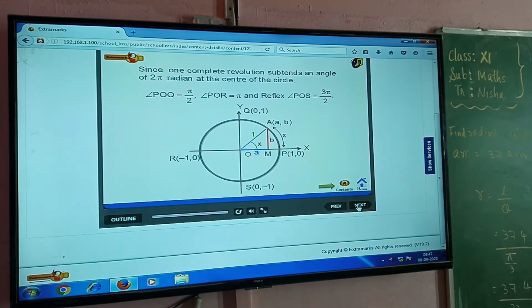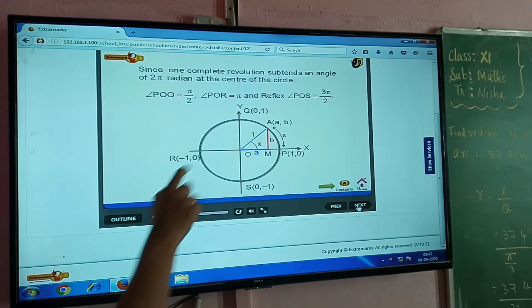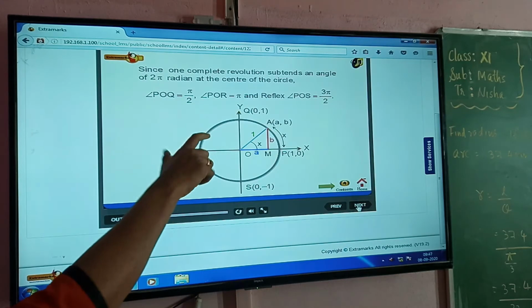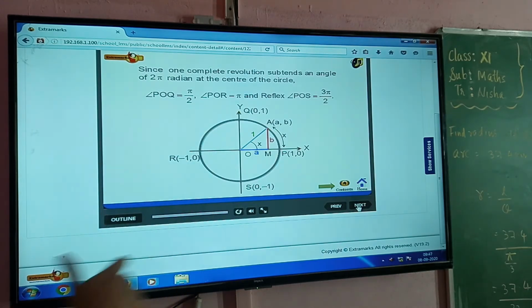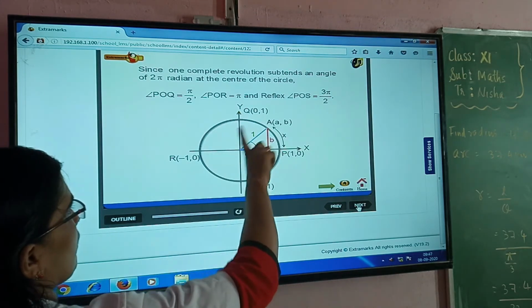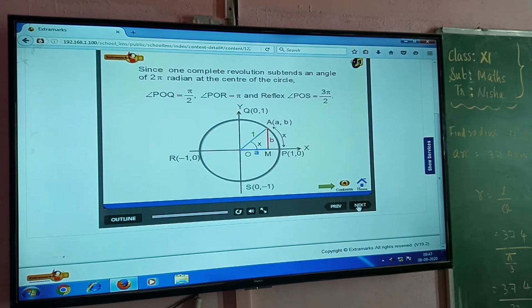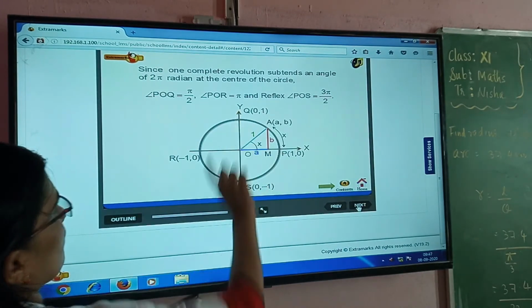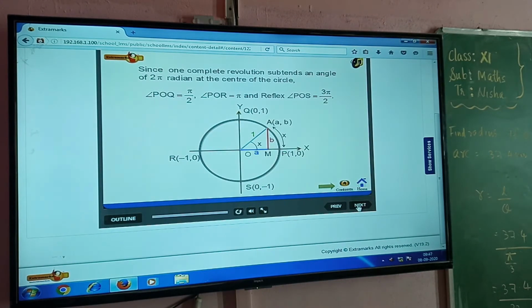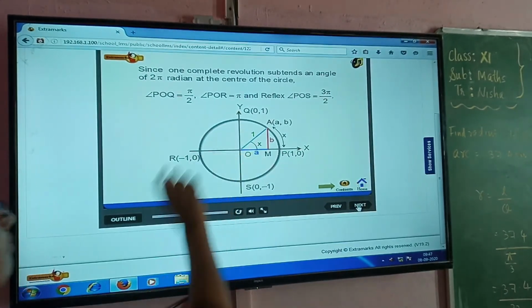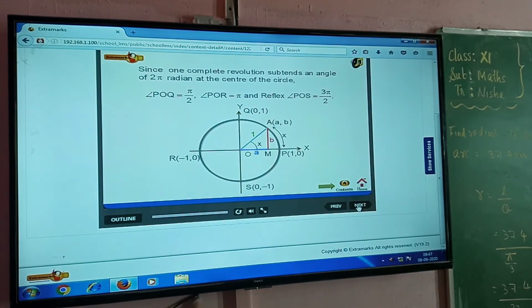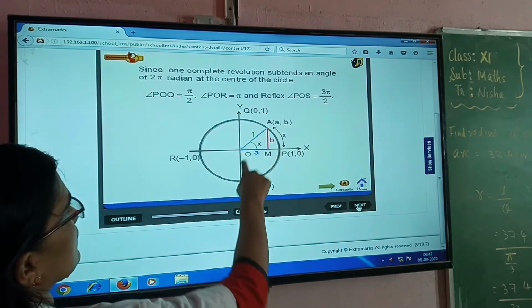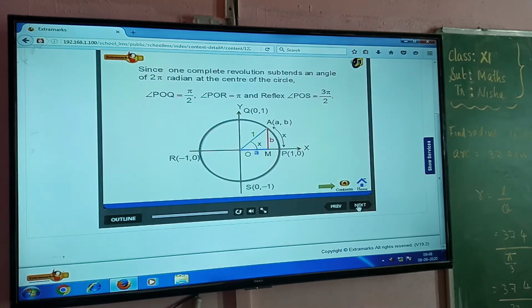So here a unit circle is drawn. So radius is equal to 1 centimeter. And let us find out the angles. Here we are writing angles in radians. So one revolution, one circle means one revolution, so angle theta is equal to 2 pi in radians. Now let us find out POQ. POQ will be 90 degrees, so it is equal to pi by 2. POR will be straight angle 180 degree, it will be equal to pi. And reflex angle POS will be 270 degree. How to convert into radians? 3 pi by 2. Is it clear, children?